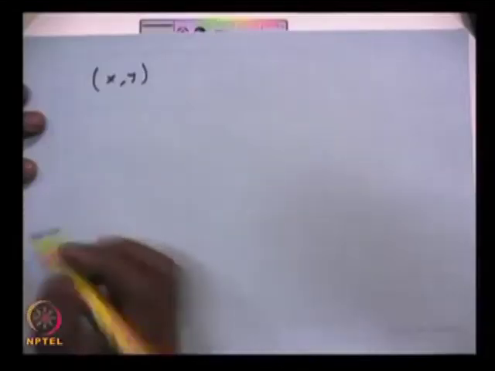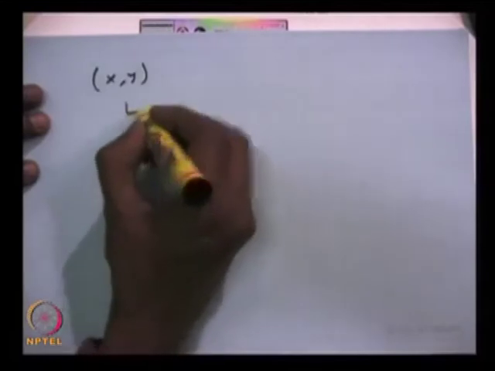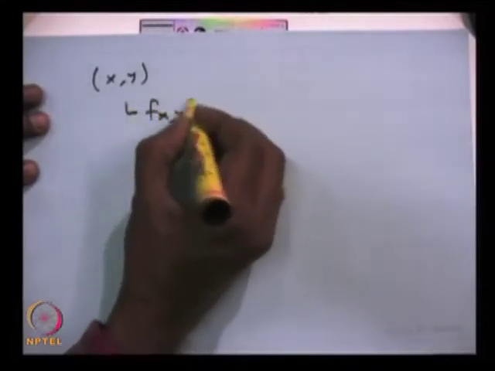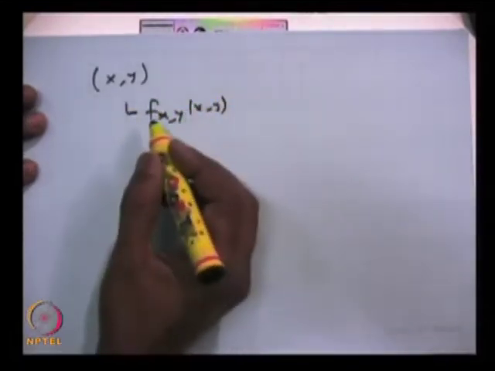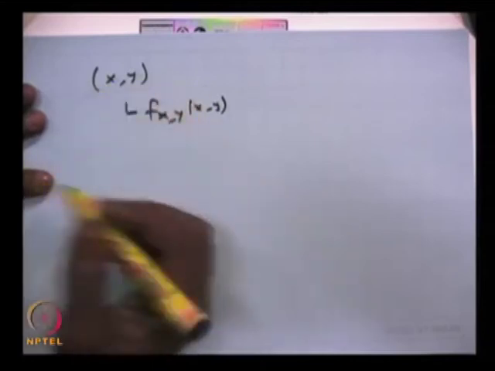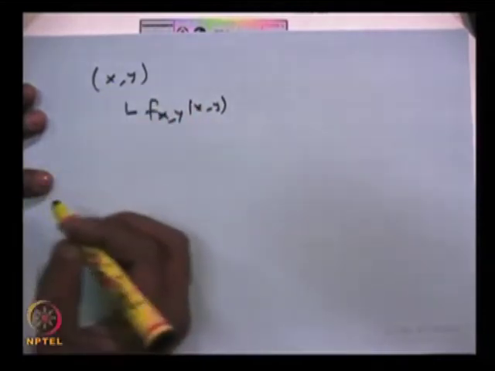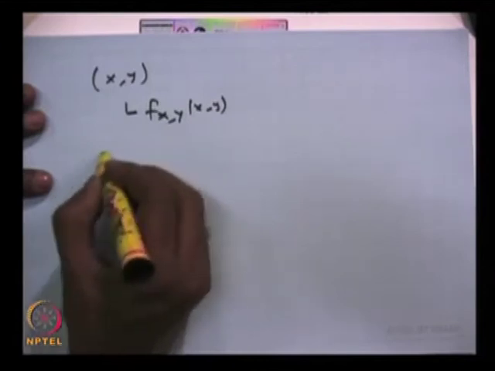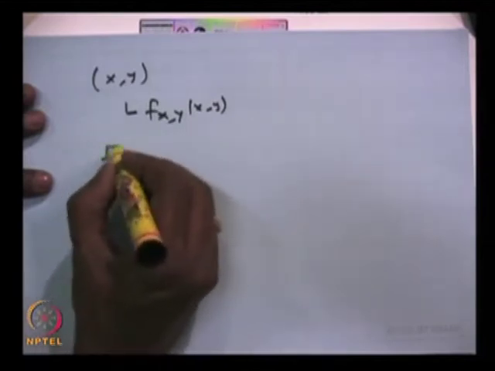Now I am going to discuss the meaning of independent random variables. Suppose you have two random variables X and Y, and you know the joint probability density function or joint probability mass function, depending on whether the random variables are discrete or continuous. Then if both the random variables are independent, then the CDF of this random variable